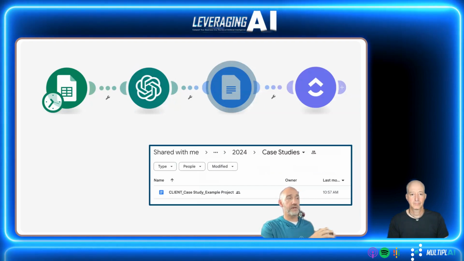So what I'm going to do is the input on the next operation is the copy for the case study. And what it's going to do is that next operation is going to create a Google Doc and then paste that copy into the Google Doc and save it on my shared drive. So now I have a draft document on Google Drive with that case study. And then the final step for the output in this case is the output for the operation of creating the doc is a link to the document and other information about the document on Google Drive.